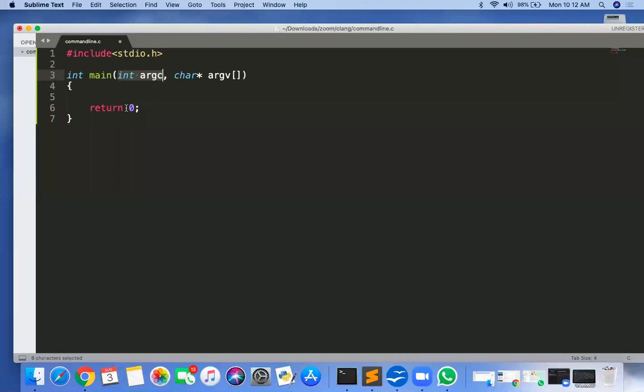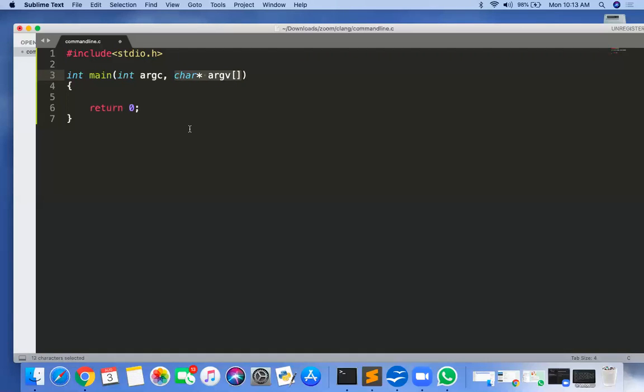If you are giving 2 arguments, then argc is equal to 2. If you are giving 3 arguments, argc is equal to 3. So to check how many arguments the user has passed, you can compare with argc. If your program should only run when you receive 2 arguments, then: if argc equal to 2, execute my program. Otherwise, give an error message that I require this number of arguments, provide me; otherwise I am not able to run my program.